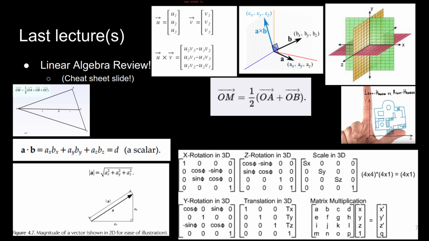Last lecture, we talked about the linear algebra that we would need for this course, or at least reviewing a few of our tools. So some different formulations, like computing the magnitude or the length of a vector, what a vector is, certain properties, how we add them, subtract them, multiply, non-uniform multiplication by a scalar and a vector, midpoint formulas, and then we wrapped up talking about matrices and some of the matrix math. And we're going to resume with this a little bit today as well,